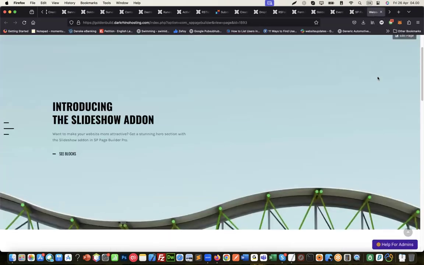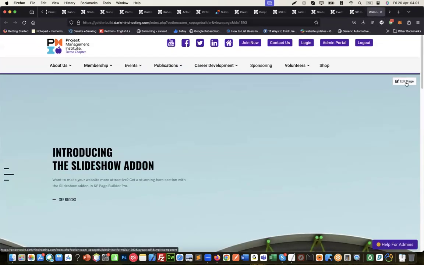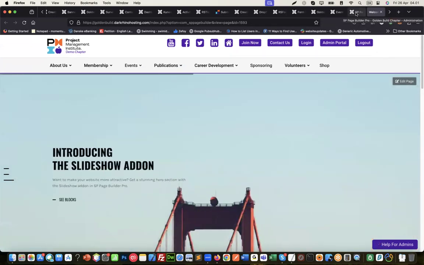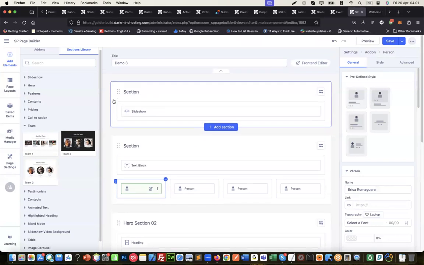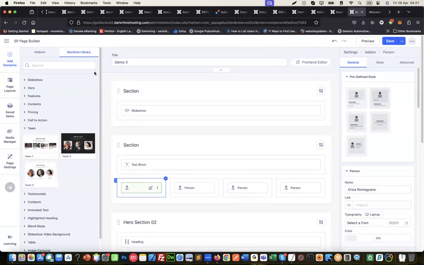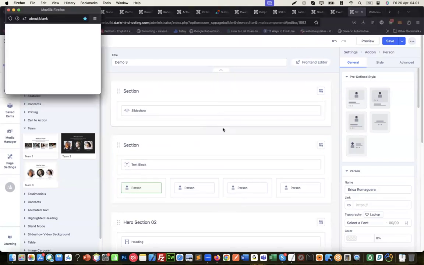Or as I showed before, I can simply use this edit feature and do the front-end editing as well. So you have all these different ways of creating pages, and you can use the combination of all of these as well. So here you use these ready-made